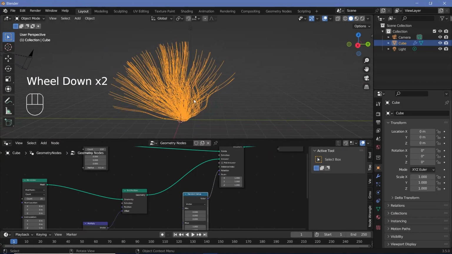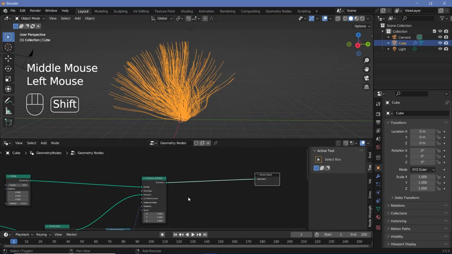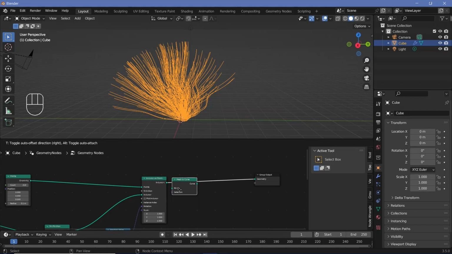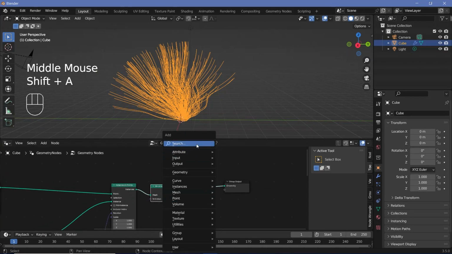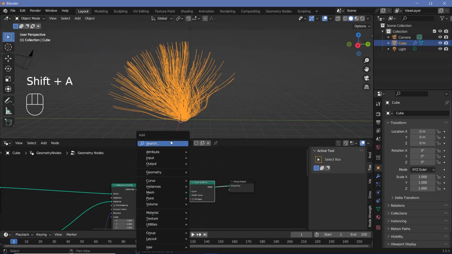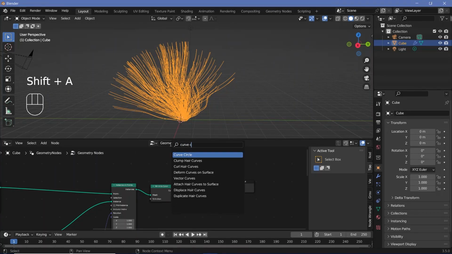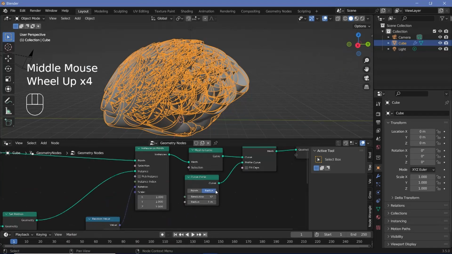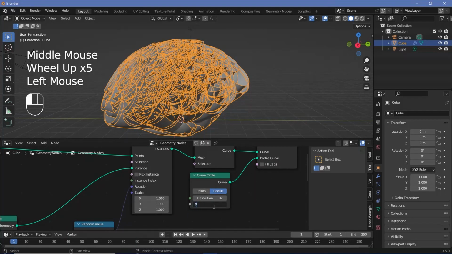And now we can give these lines some thickness. So to do that, we'll press Shift A and search for a mesh to curve node and plug that in right there, and then convert it back to a mesh. So search for a curve to mesh. And for the profile curve, we can press Shift A and search for a curve circle and plug the curve into the profile curve. Now the thickness is way too large, so of course we'll just decrease the radius to